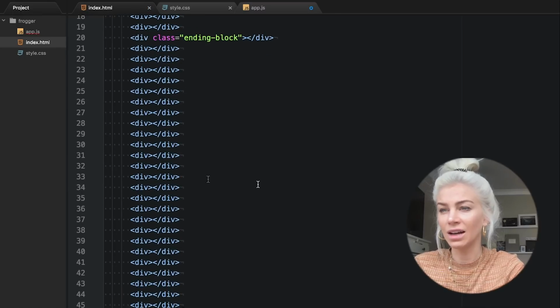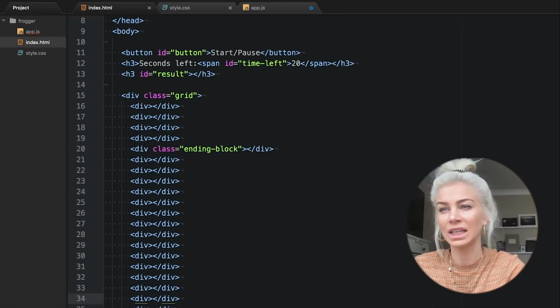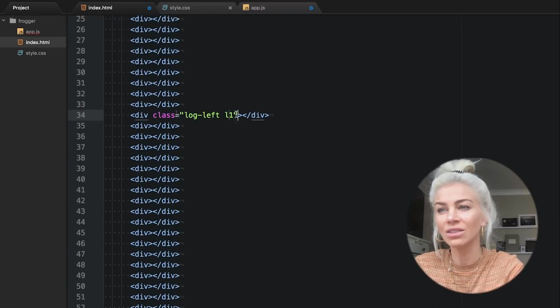Go to your HTML and add the following class names to your divs, making sure to start from the 19th div down, or for JavaScript's sake, index 18.